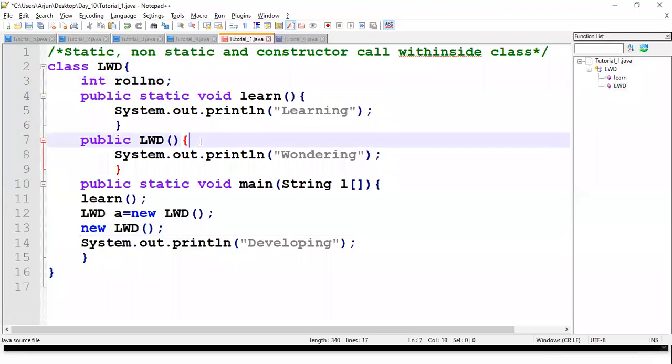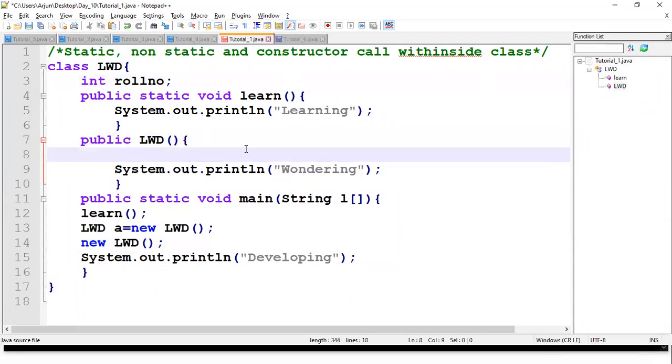Inside this, I'll be using initialization of roll number equal to number from the call.